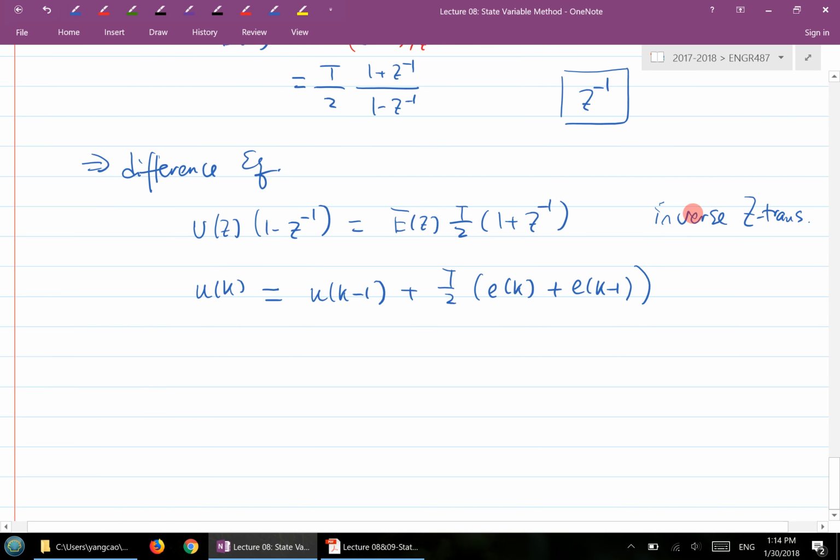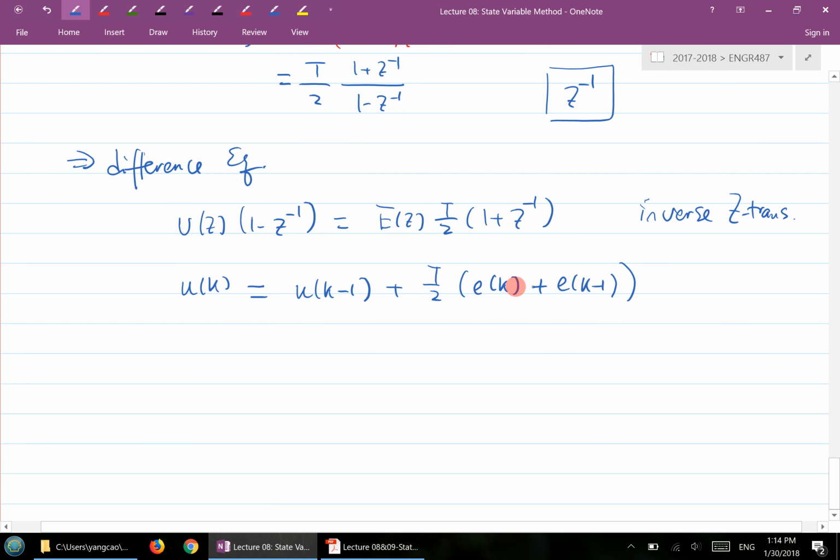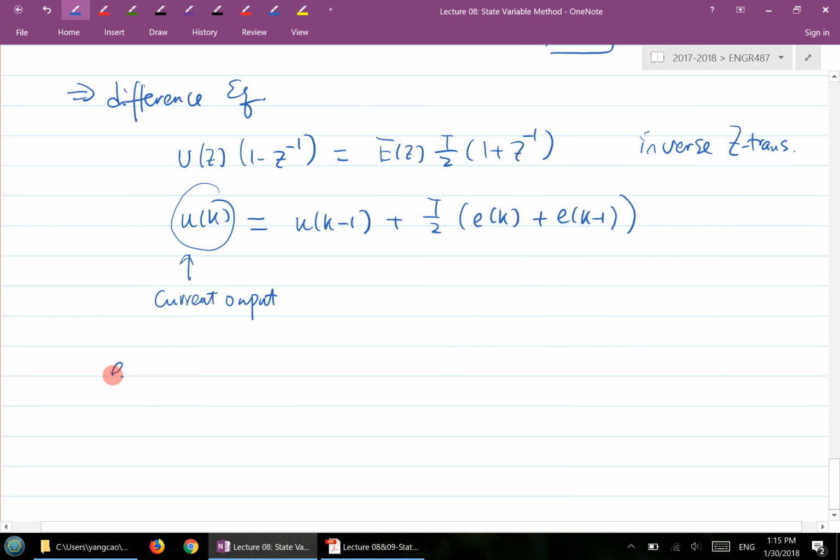Using this block z to the power -1, here's what you do. Looking at this, this is your current output value. The current output value is based on the previous output value plus the current input and the previous input. So here is the simulation diagram. You start with e of k here, and you feed that into one junction, and this side you give to